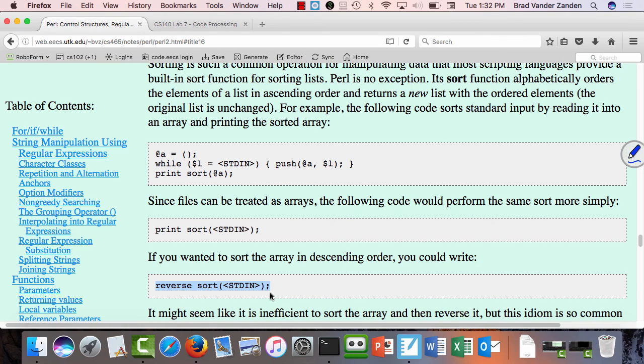You might think this is inefficient because it sorts it and then reverses it, but Perl interpreters use tricks. So actually when they see the words reverse sort, they just sort it in reverse. They don't first sort it in ascending order and then reverse it. However,